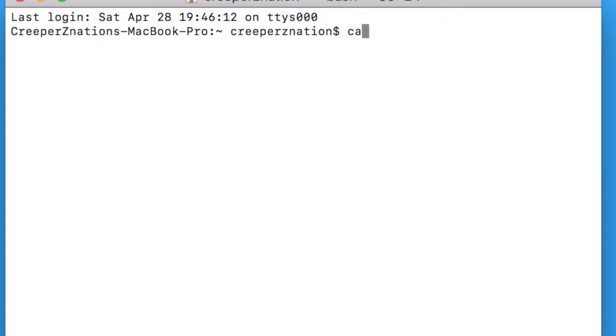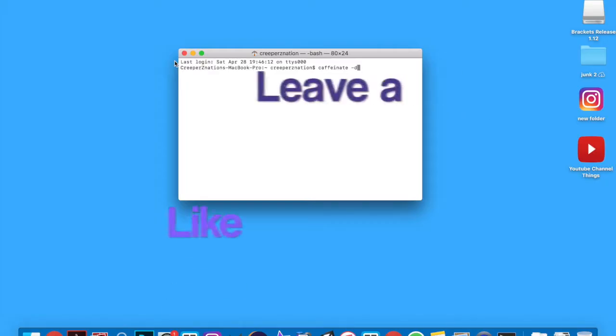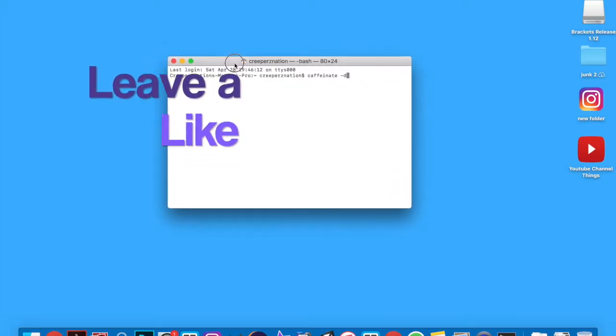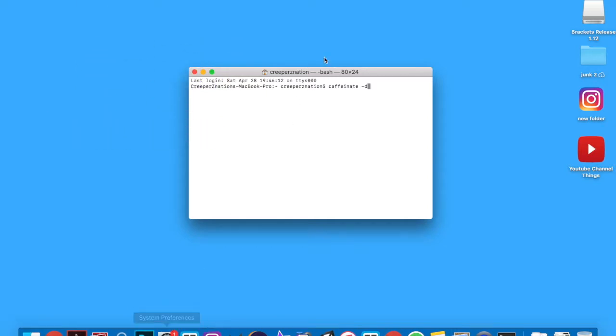All you need to do is type caffeinate, spelling it right, because I messed up on that, and then -d. This part isn't necessary, but all this does is make it so everything on your desktop is overridden. So for example, if the Mac goes to sleep every 15 minutes, that was my setting, right? This basically overrides it, so the moment I hit enter,